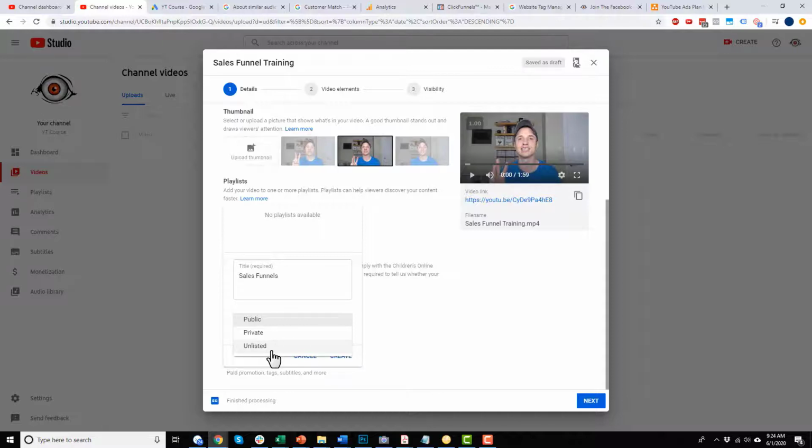They don't have to be invited to it. This is also good for private memberships. You could unlist your playlist or unlist your videos, and then only people with the links to those videos can view them. Also, you can embed unlisted videos. So if you have a membership site or something like that, you could put your video as unlisted and it won't show up on YouTube, but you could embed it in your membership site. So that's something a lot of people do.